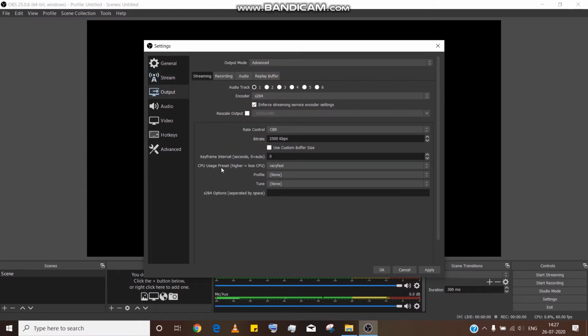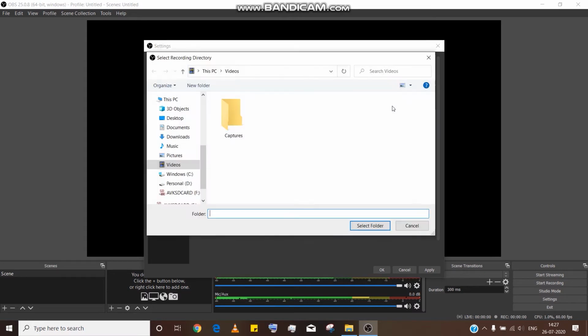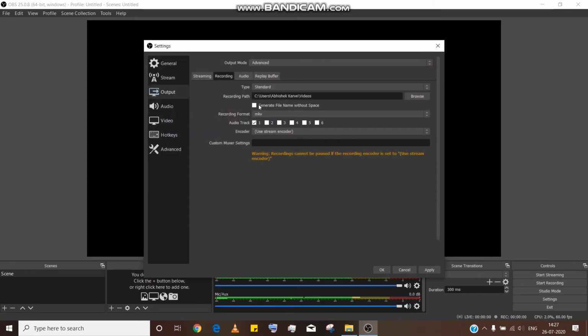Then you will see such a screen. Now go to recording. So the recording path, this is the path where you want the videos to be saved. This can be anything. So just click on browse and then select whatever folder you want. For now, I'll just let it be this.